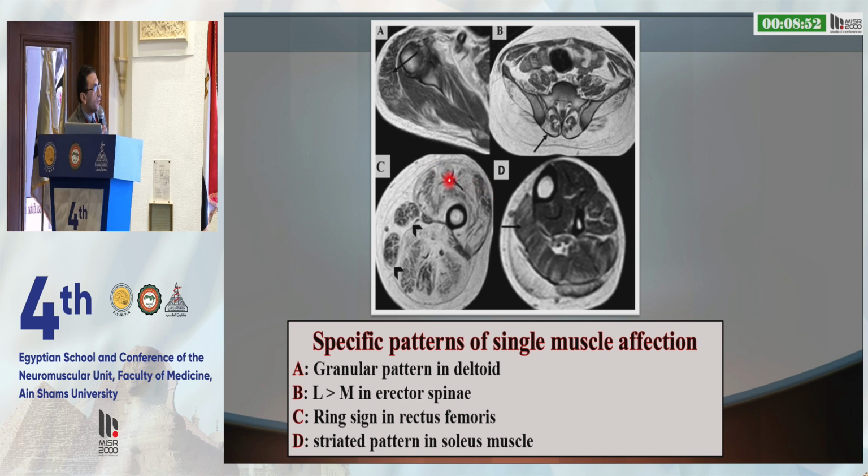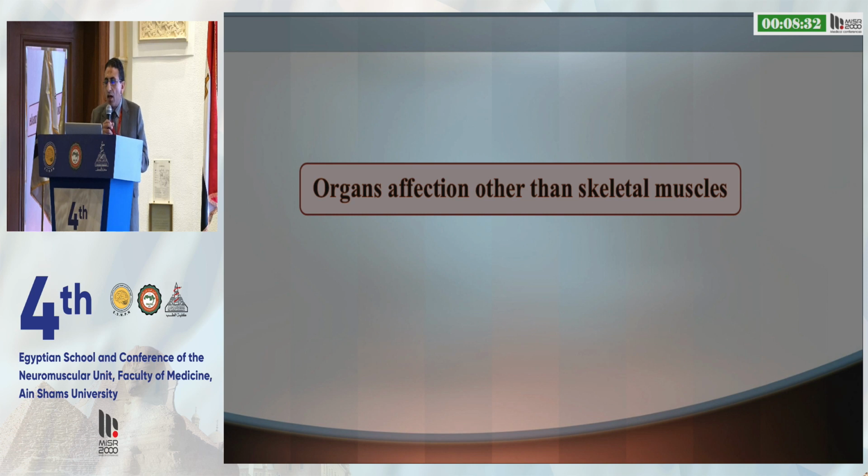And if we look at this sign in the rectus femoris muscle, it is called the target sign or ring sign, and the pattern of affection in the soleus muscle is striated. Each muscle is affected in a different pattern, in a different shape by MRI. And also we can look at organs other than the skeletal muscles, which help us in the diagnosis and narrow the differential diagnosis of such diseases,